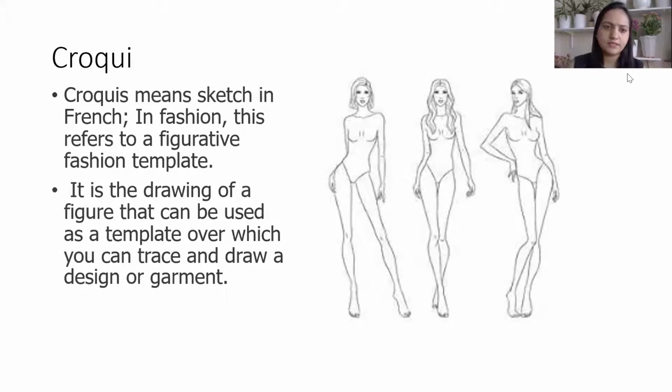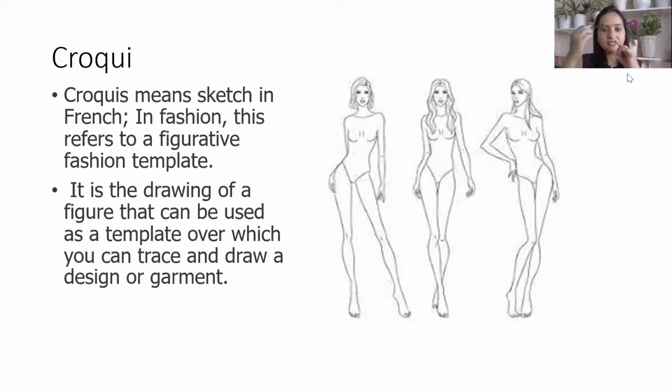You might have heard this name before, or maybe you are hearing it for the first time. Croquis is a French word, and in French, croquis means a template or a fashion figure template. Like in our school times, we used to make stencils of A, B, C, D, it is a kind of stencil, or you can say a template of a fashion figure. It has a standard size. Generally we measure croquis in heads. The standard croquis size is 9 heads, and it could be 10 heads also.